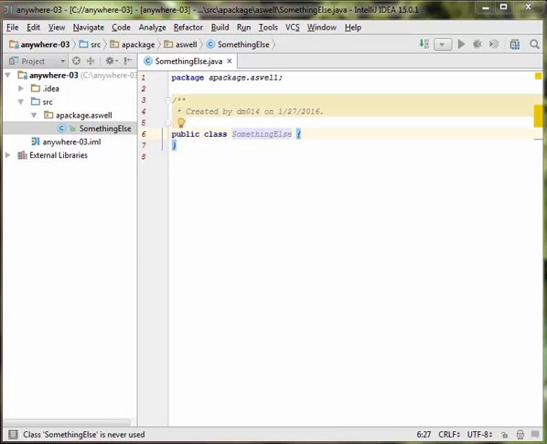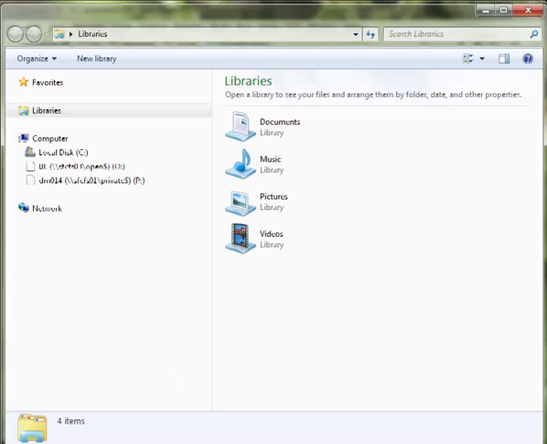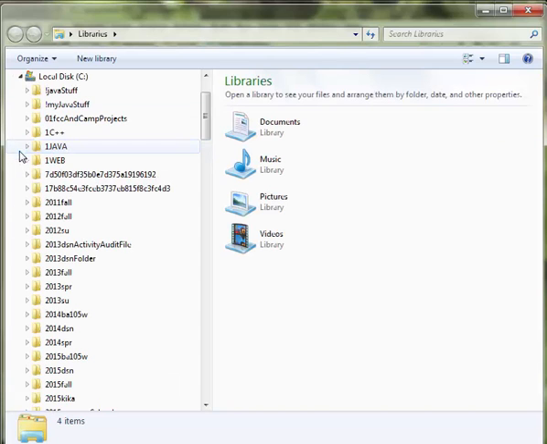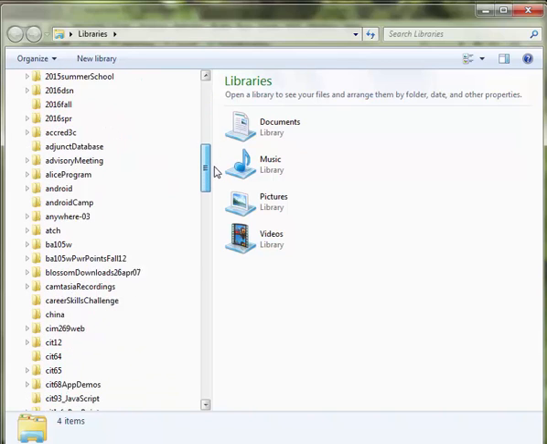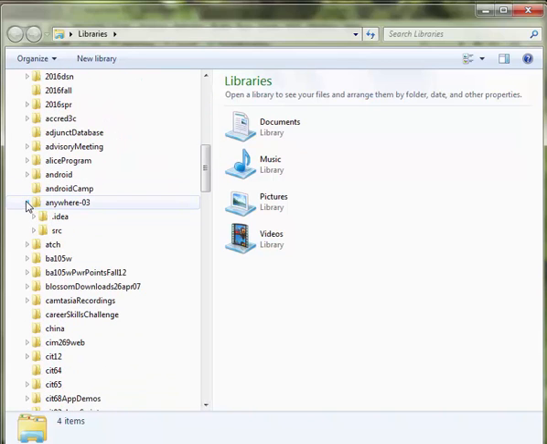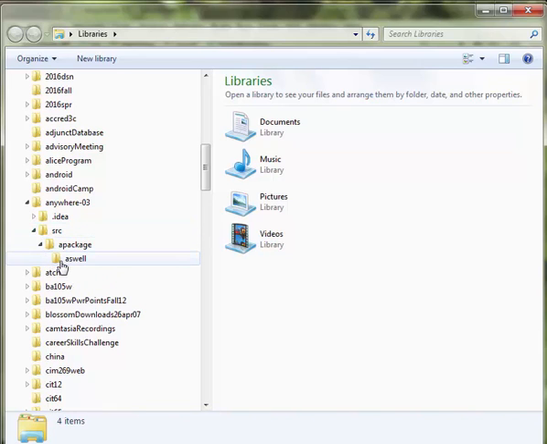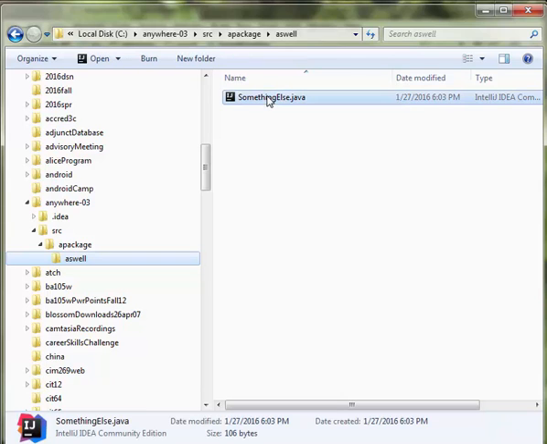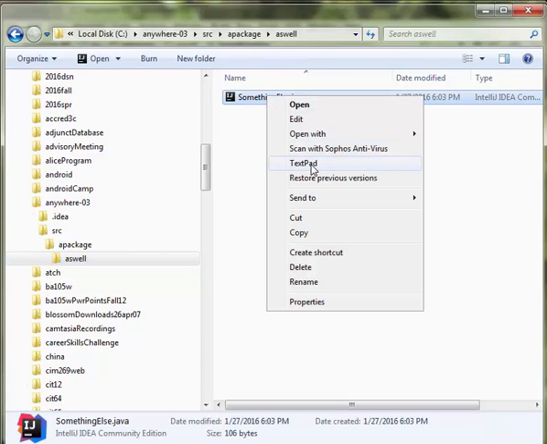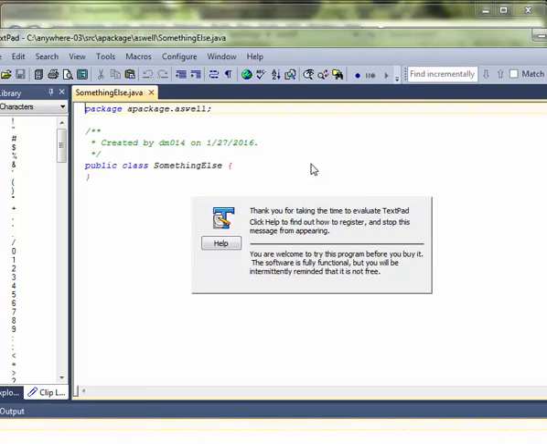So if I open up Windows Explorer and hunt for my project, what will I see? Here's anywhere-03. Here's my source code. Here's a package. Here's as well. See, so these subdirectories were created under the source folder for me. If I open up as well, I will actually see the .java file. Here's my .java file. I can open that with TextPad to prove it. And then I'll close this, go back to IntelliJ,